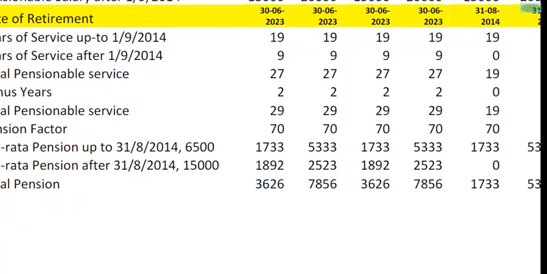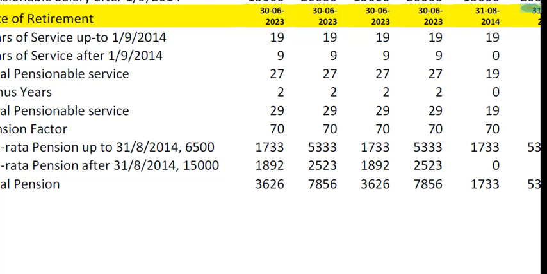Pension factor is 70. So pro rata pension is calculated up to 2014. What would be the pension? Pro rata pension after 2014. Who is eligible? He is eligible because he is within the ceiling. He is eligible on a higher pension. He is eligible only as per wage ceiling. He is eligible on a higher pension. Last two? No, because they have retired. He can't. So total pension,